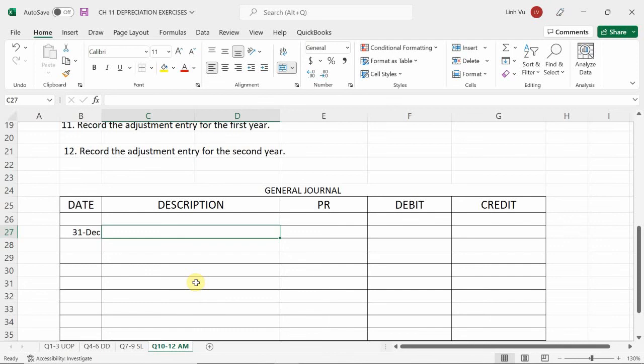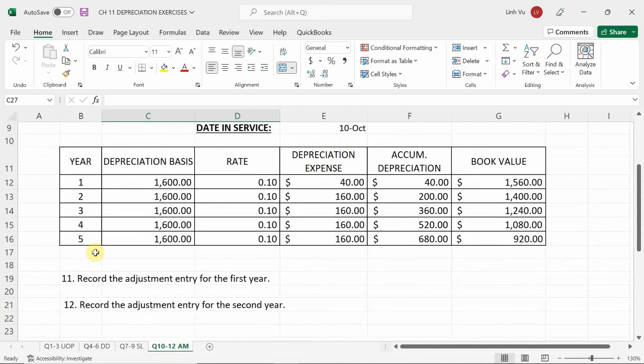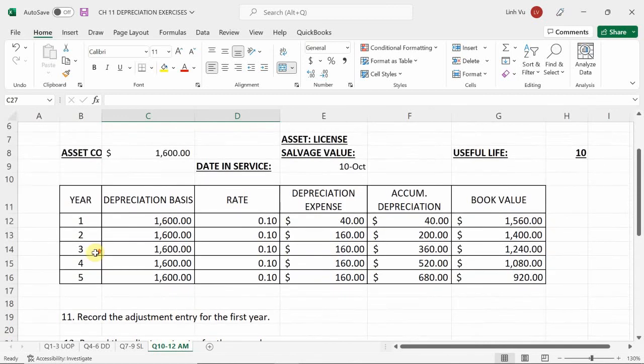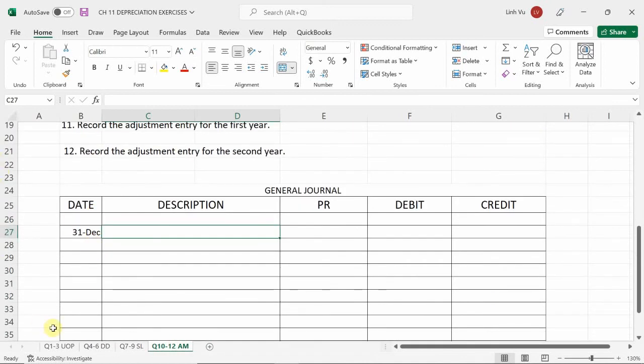We can't directly take it off from the license. So what's another word that we use to represent the word depreciation for intangible assets? Amortization,